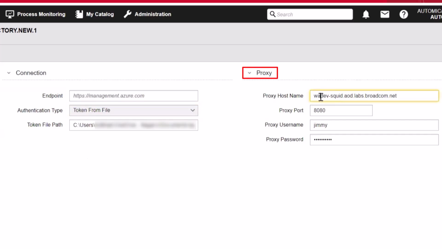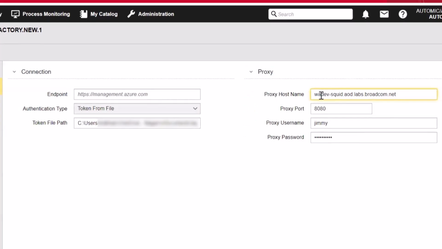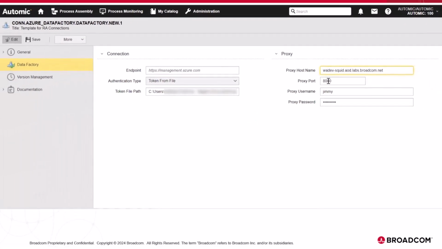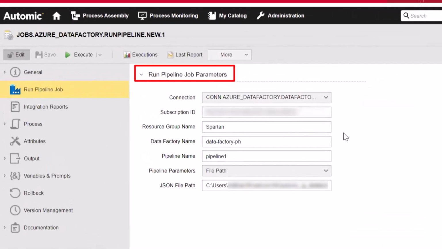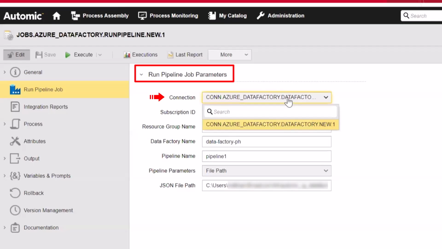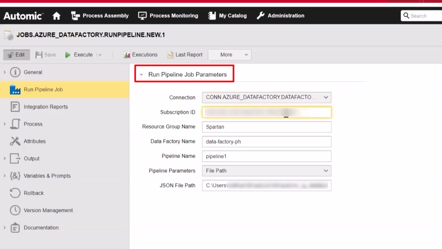If you are using a proxy in your environment, you can specify the proxy hostname, port, username, and password in the proxy section. Once the connection object is defined, you can create a run pipeline job. The connection drop-down list lets us select the appropriate connection object. Following the connection input, the job requires the subscription ID, which is a unique identifier for the resource group where